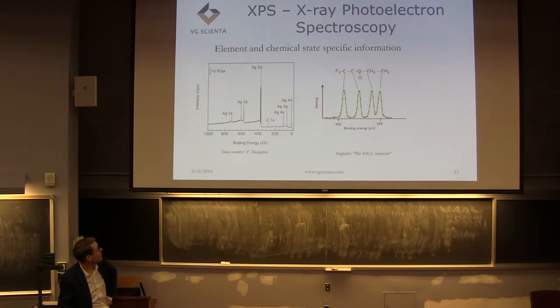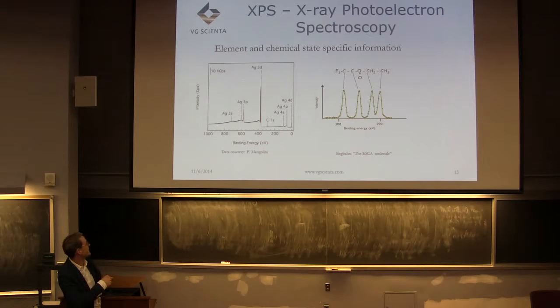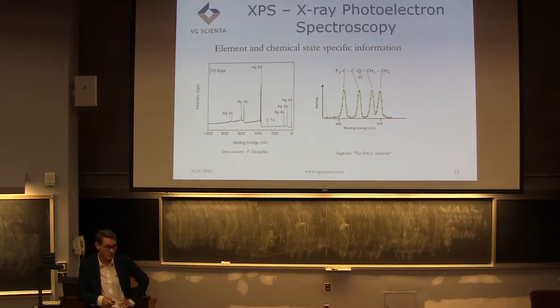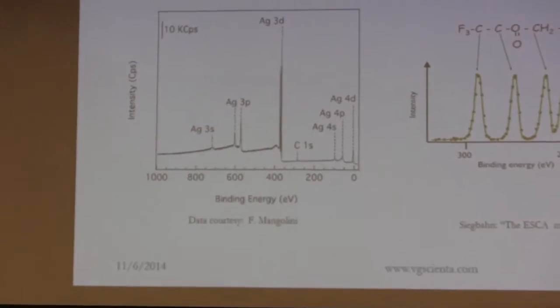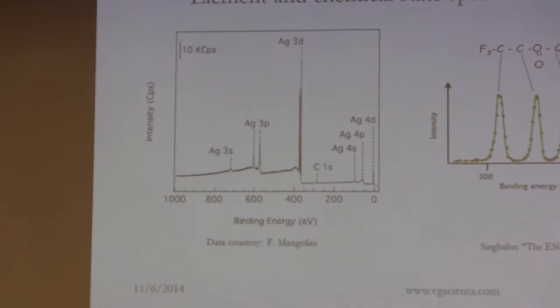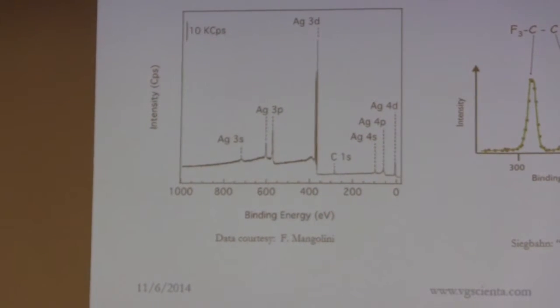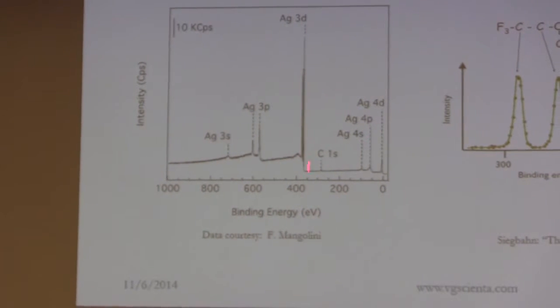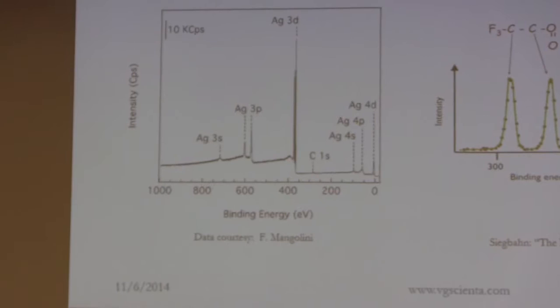The beauty of X-ray photoelectron spectroscopy is that the measured binding energies contain both element and chemical state specific information. To the left you see an example of elemental characteristics, and this is a silver sample. And you see the electronic levels appearing as sharp peaks. In this spectrum you see also a little bit of carbon contamination,